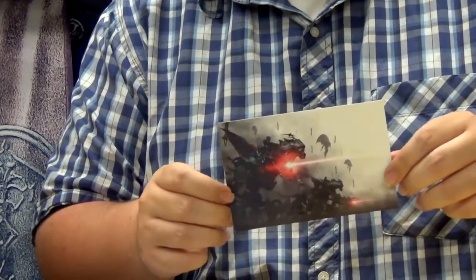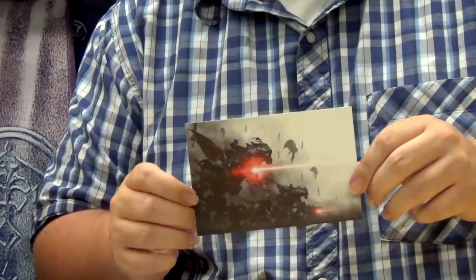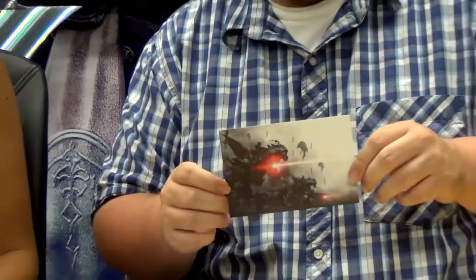But yeah, these cool cards are really awesome, and you can do whatever you want with them. Put them in a nice frame, or put them on your wall, or put them on your pillow for good luck. That's what I plan on doing. But other than that, that's our 5 art cards. And up next we have...